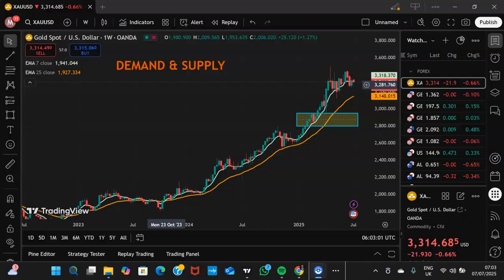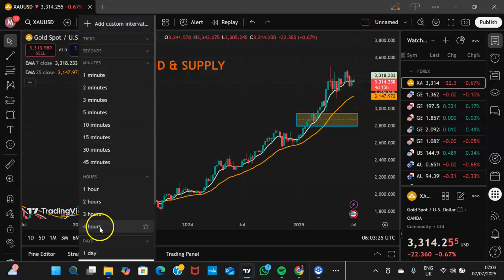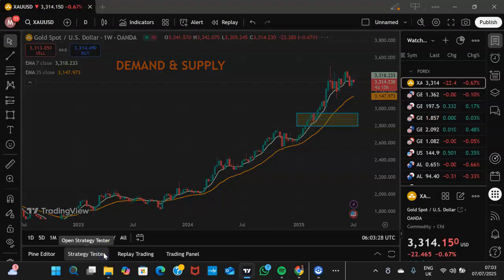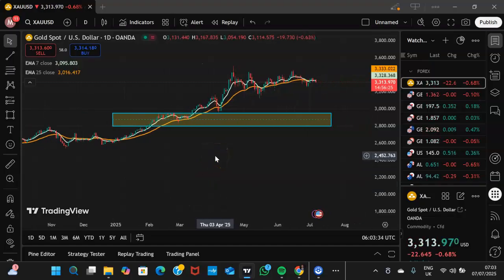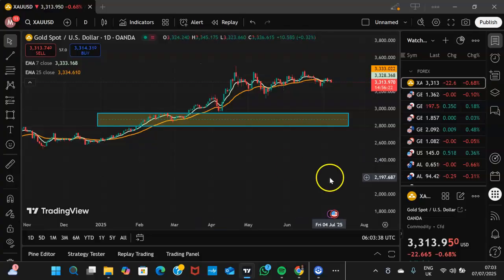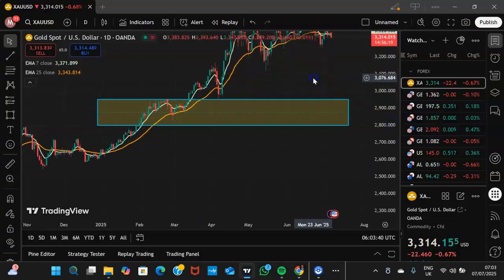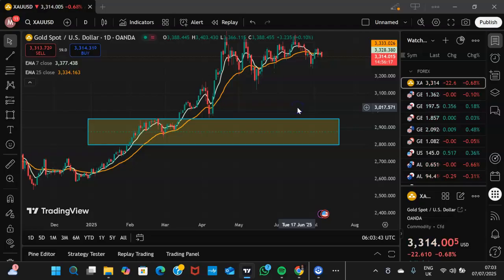Now, when you are trying to use the concept of demand and supply, how do you identify it? Let's go to a chart. This is a gold chart on a weekly time frame, and let's go to the daily time frame. Speaking of demand and supply, if I pay attention to this daily chart of gold, according to my definition, my demand would be the